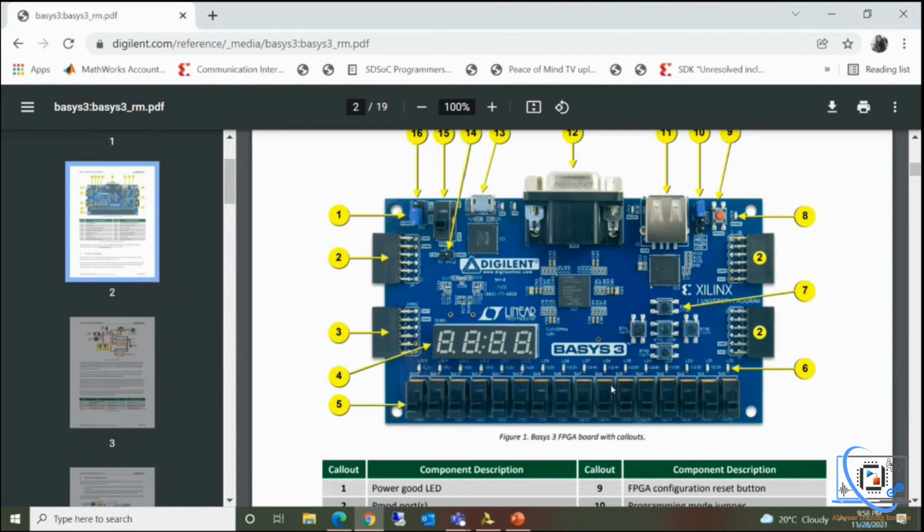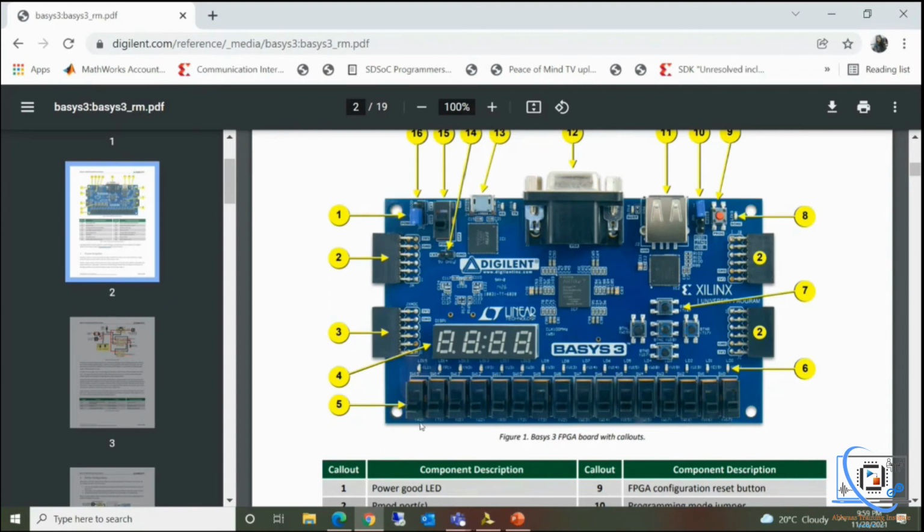If you see your FPGA board, below these switches are its pin numbers. See, I can see R2, T1, U1. These are the pin numbers for these switches. And for these LEDs also L1, P1, and N3. So either you can directly look at the board or you can check its reference manual.